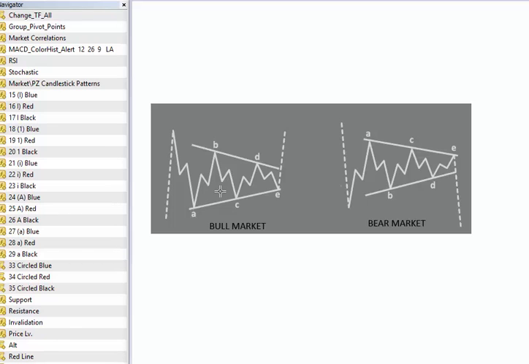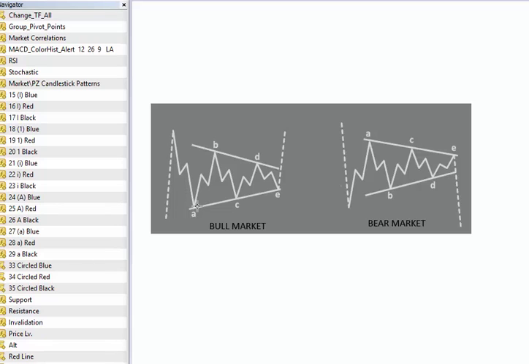continuation pattern. Here it's shown in the middle of a bull market, but here in the middle of a bear market. So it's actually, as I said, structured by A, B, C, D, and E, 5 waves contained by these two contracting trend lines, and each leg should be made by 3 waves. Sometimes one leg will be a little bit more complex than the other, but still it should have evidence